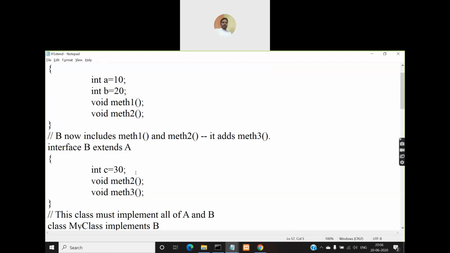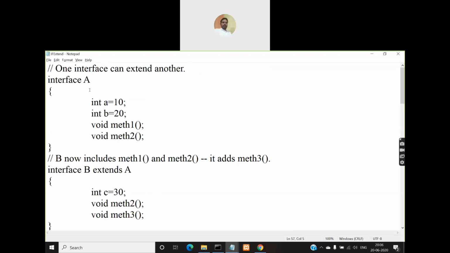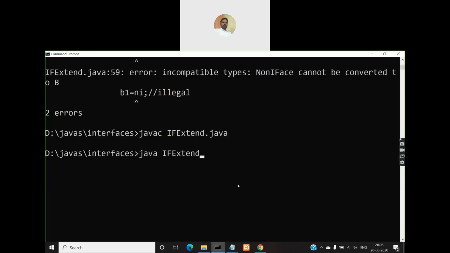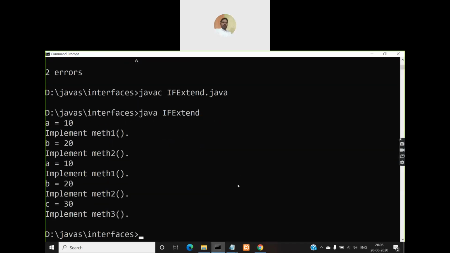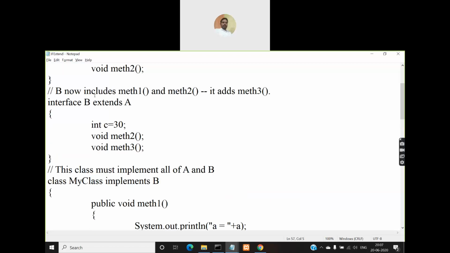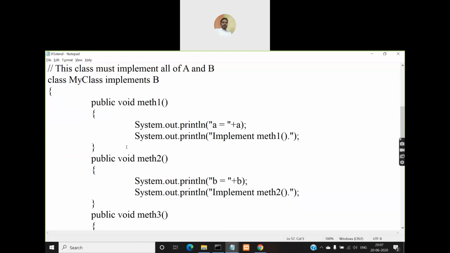Meth2 is declared both in interface A as well as in interface B, right? So will that make any difference for our program? It will not make any difference, right? Why? Because we are not giving any implementation for meth2 in interfaces A and B. We are giving implementations only in the class which is implementing those interfaces.